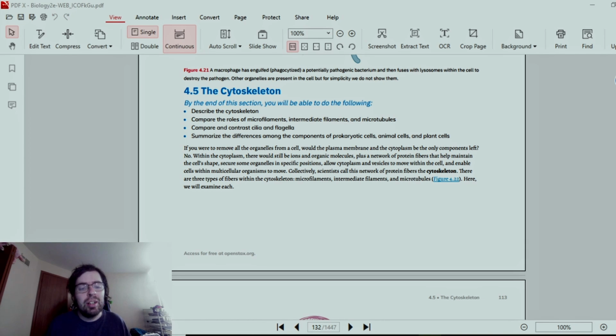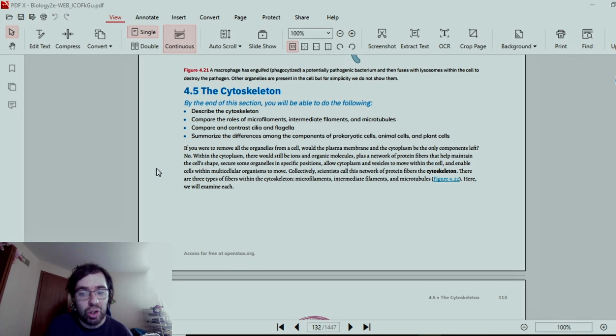So let's get started. If you were to remove all the organelles from a cell, which, if you recall, are like the organs of an organism, yes, a lot of organ talk, inside of the cell, such as the mitochondria or the nucleus, would the plasma membrane and the cytoplasm be the only components left? No. Within the cytoplasm, which is the gooey stuff inside the actual cell, there would be ions and organic molecules,